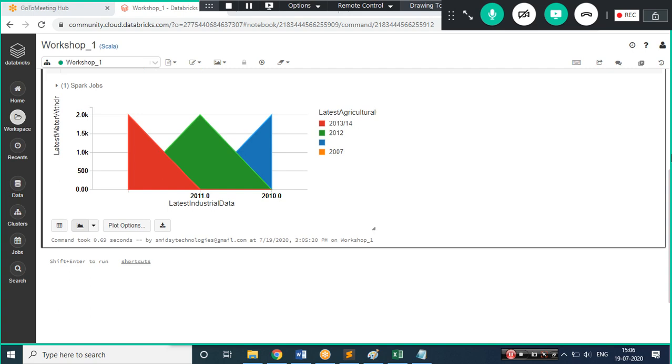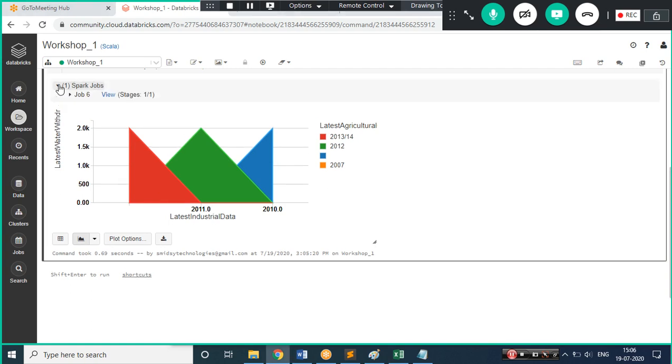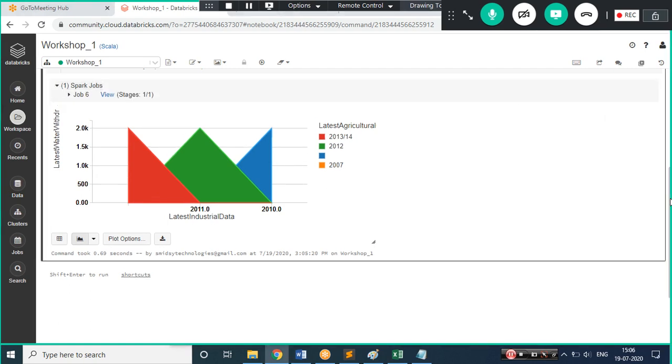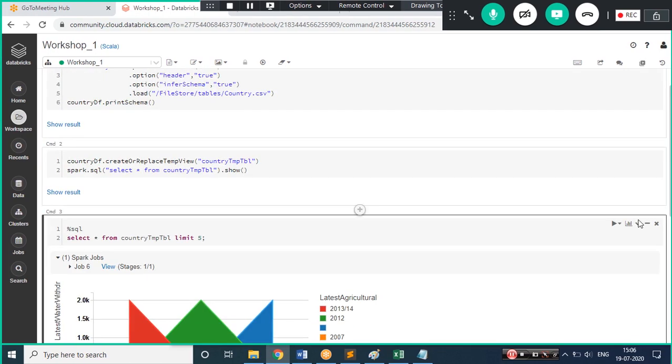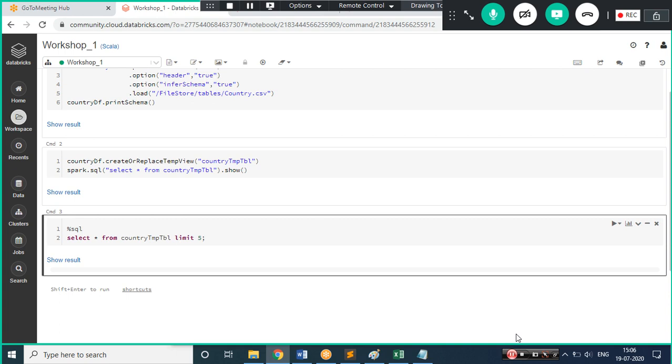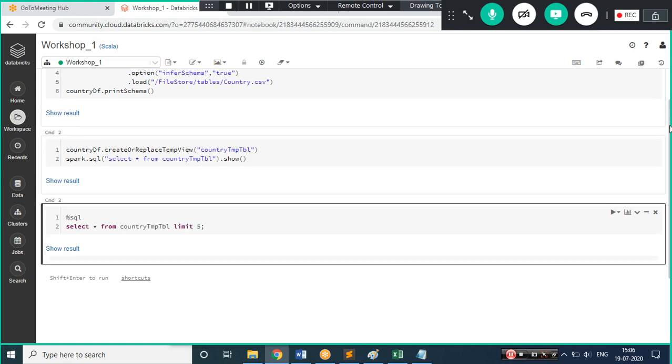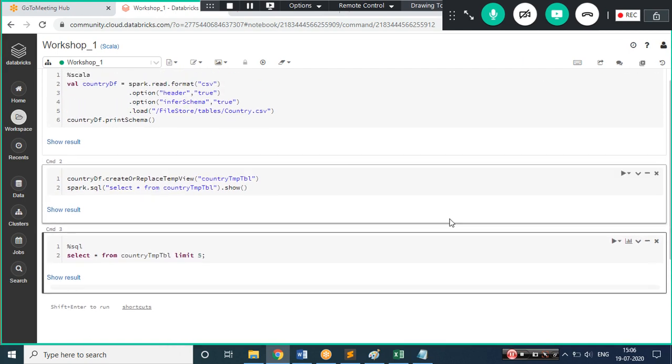I'll move ahead and not take much time over here, because we need to go to the solutions. I'll just hide the result. Once we read the next data frame and start the solution, we will see different types of graphs and the solutions. So this is the first data frame which we created.